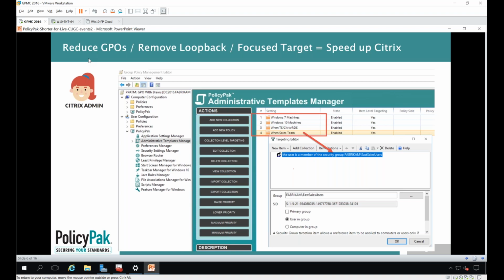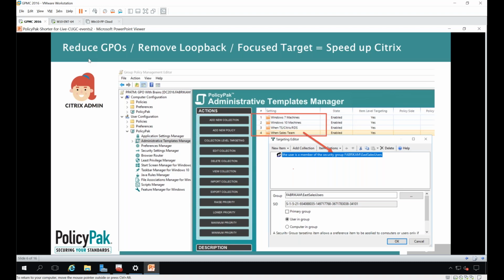Yeah, I mean, have you dealt with organizations that have loopback on in too many places and can't get it handled? Yeah, and then they'll have one policy set for replace and another policy in a lower OU set for merge, and then they got it someplace else and merge and someplace else and replace, and they got 4 different policies applying to an OU with multiple loopback settings, and you're just like, what policies are actually applying? Exactly. RSOP can't even figure it out.